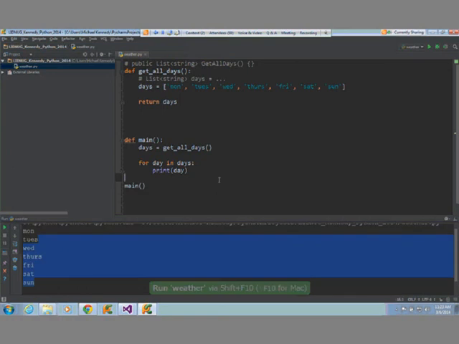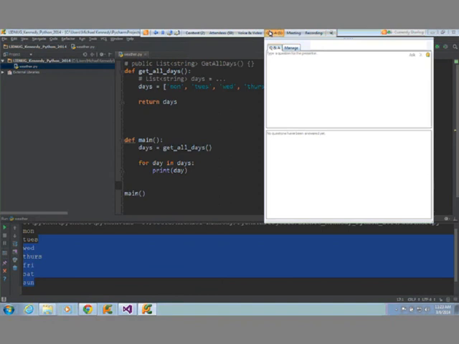However, if for some reason this getAllDays function was useful somewhere else in my program, outside of this file, and I try to import it, basically the way Python imports it is it reruns this script to define these methods if it hasn't already done so. But it's also going to execute that code, right? So there's this common convention in Python that says only run main if I am the script or the program that's running. Otherwise, just import my stuff.